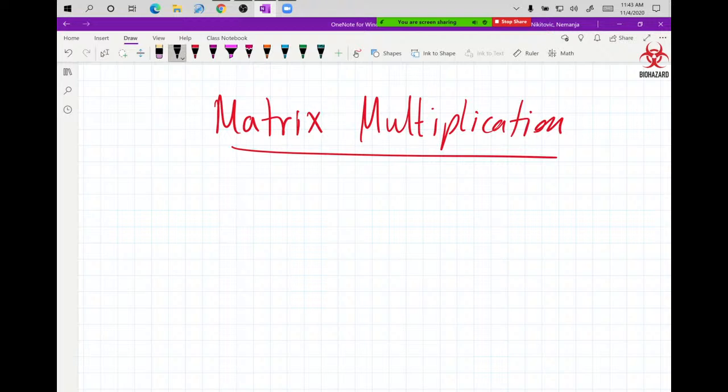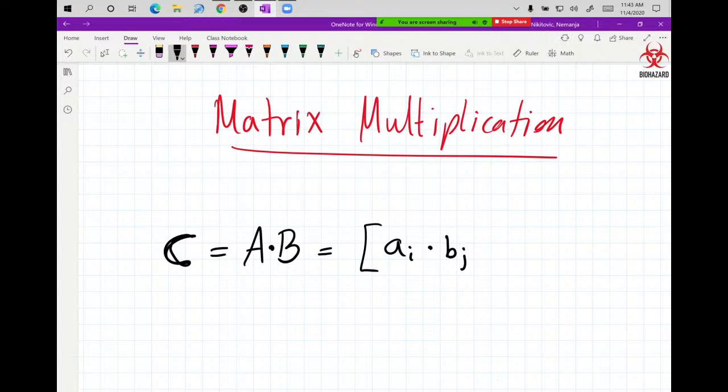So, matrix C will be matrix A times B, and it's done when you take A_i and multiply by B_j. Now, these are the rows of A times the columns of B,